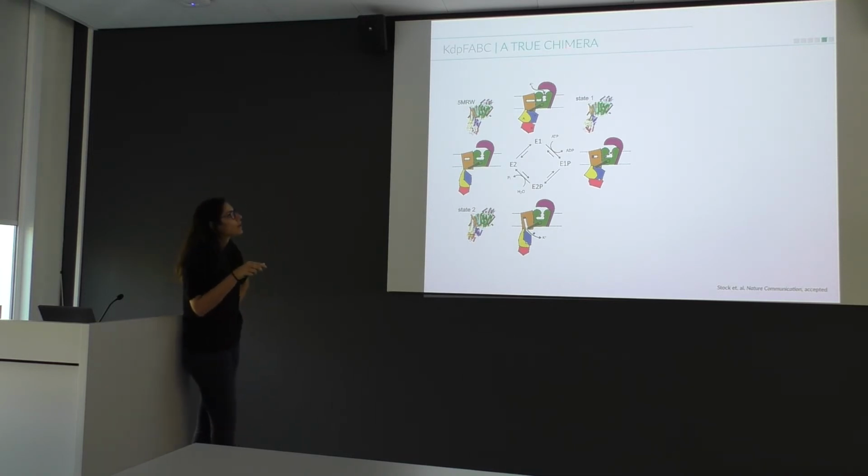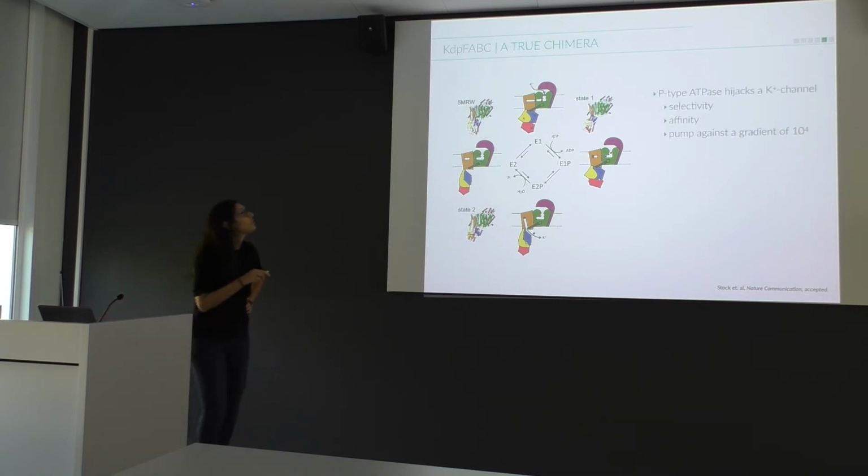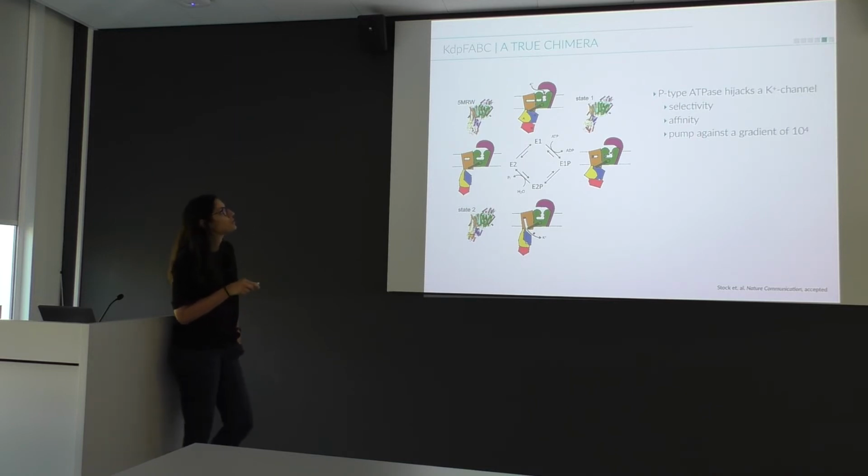And what we believe happens, I mean, this is more of a repetition now, is that potassium binds at the subunit. The whole reason why this P-type ATPase recruited this additional subunit is really just to increase the selectivity and affinity. So potassium binds here, goes through the tunnel, induces conformational changes, this closes, this opens, it's released, and a new